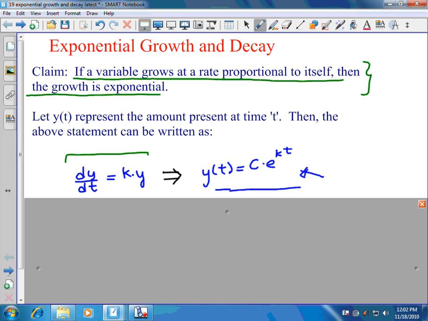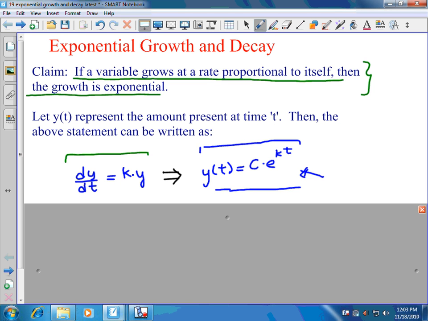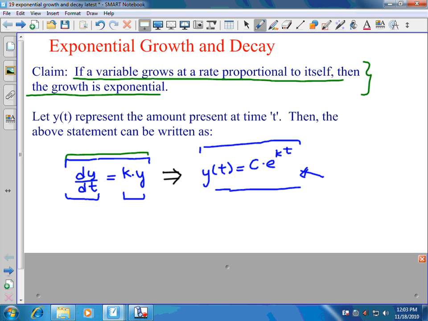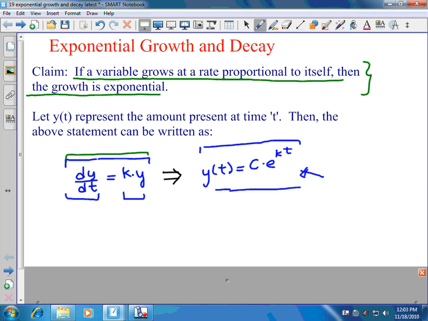So how does the left-hand side imply the right-hand side? Can we actually prove that? That's what we're going to take a look at next. We're only assuming the left-hand side, and from there we're going to try to prove the right-hand side. Once again, the left-hand side is saying that the rate of change of a variable, growth or decay, is proportional to the existing amount. That's the only assumption we're making here, which is a very reasonable assumption. So if we start with that,